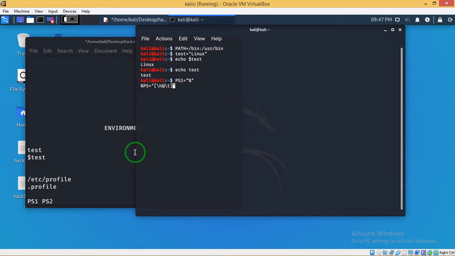Okay, that's what I wanted. And ending with the at. This is what I'm giving, and now I am hitting enter.